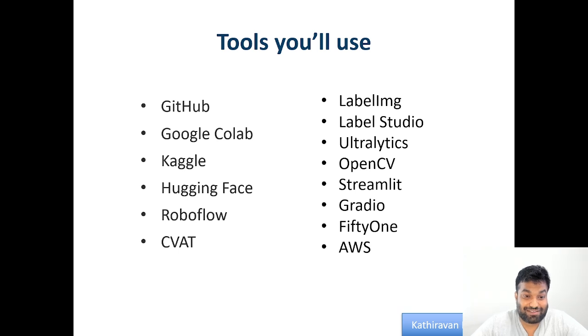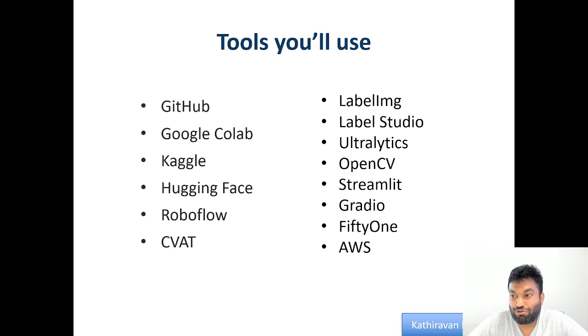We'll discuss some of the pre-trained models from Hugging Face, and we'll go through some of the datasets that are there in Roboflow, and we can also work hands-on with CVAT. So CVAT is nothing but another computer vision annotation tool. So we'll be using that, and we will discuss Label Image Studio if time permits. And Ultralytics is another